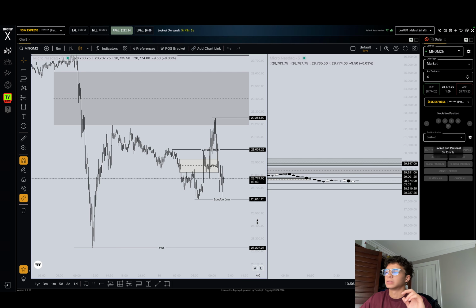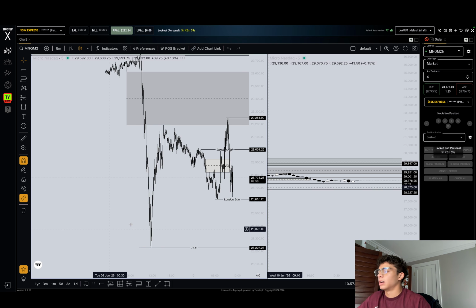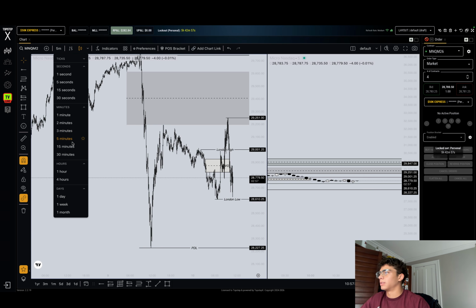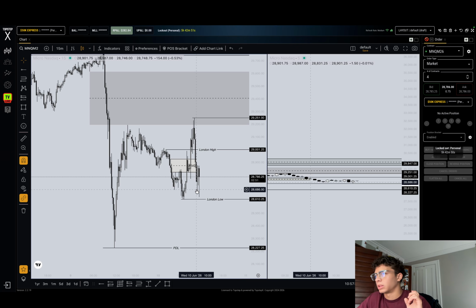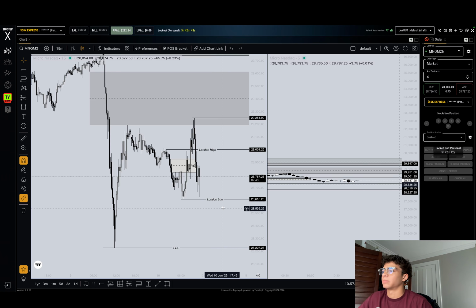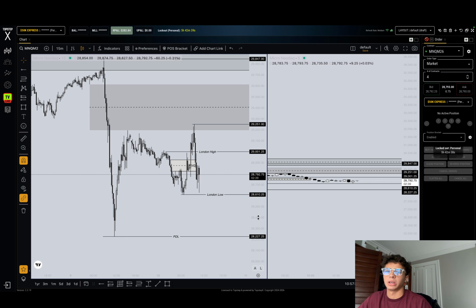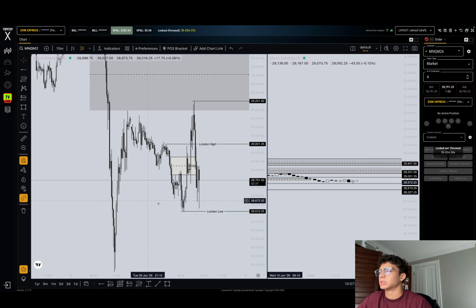fair value gaps. Same thing on the 4 hour, same thing on the hourly, 15-minute, 5-minute. You don't really have to go all the way down to the 15-minute because you usually already have all your key highs and lows marked out. You don't want to clutter it with every single high and low. Focus on those external highs and lows and those session highs and lows and then those high time frame fair value gaps, because those will all be strong draws in liquidity,